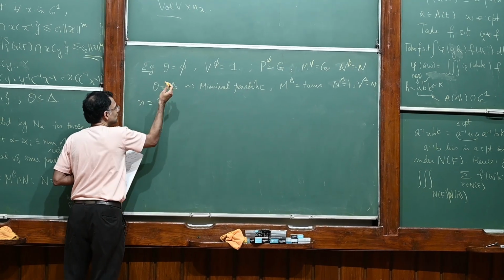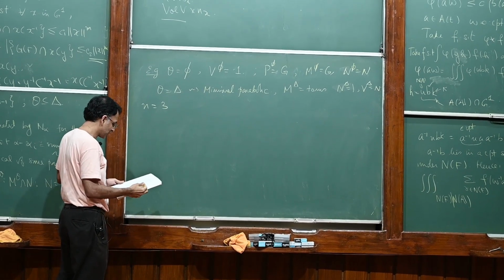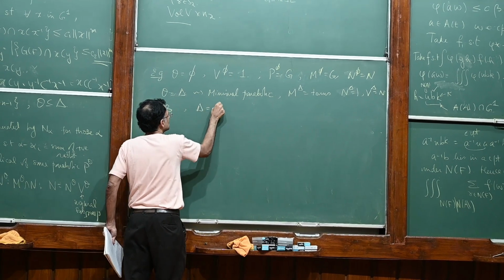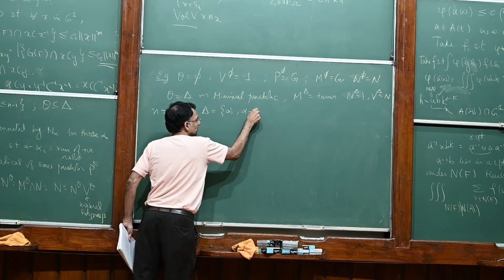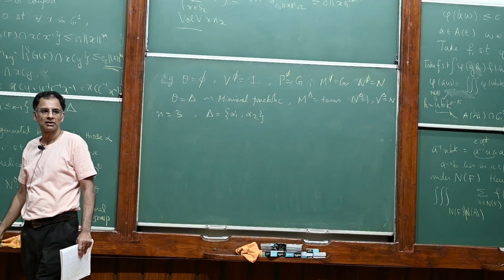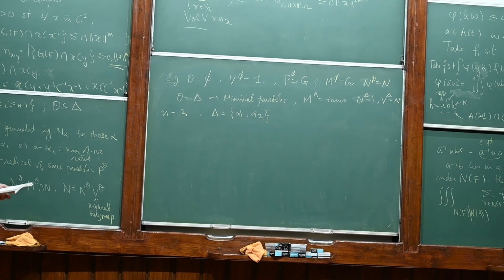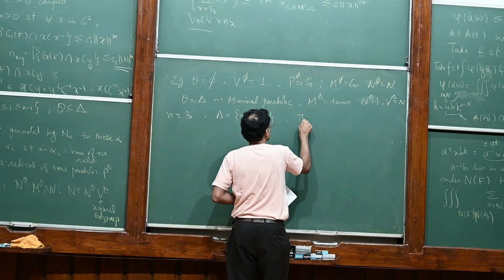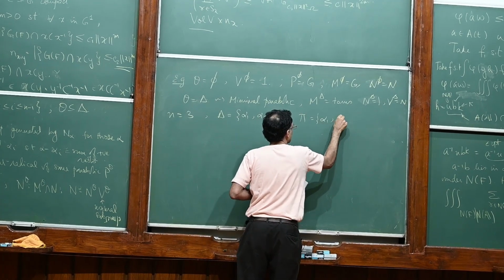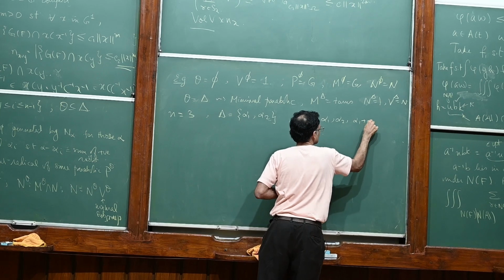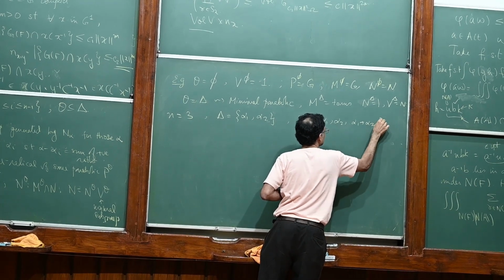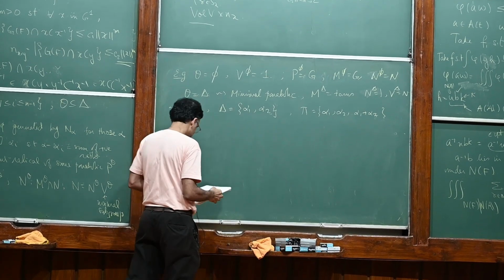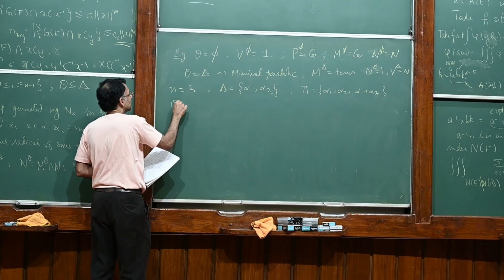This is always true. But let's take n equals 3. What are the possibilities? So delta equals alpha 1 and alpha 2. There are just two simple roots, and the positive roots are going to be alpha 1, alpha 2, and alpha 1 plus alpha 2. That's all I'm going to have by way of positive roots. So what are the possibilities? If I take theta, say, to be alpha 1,